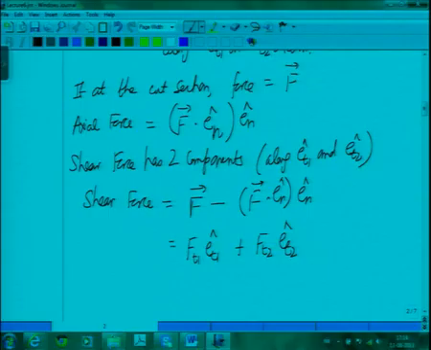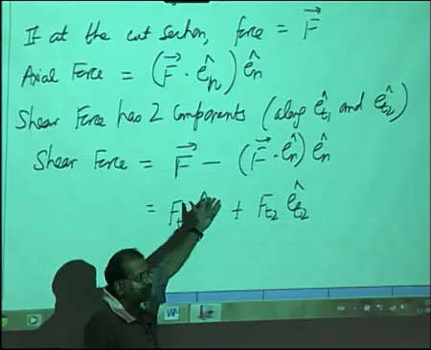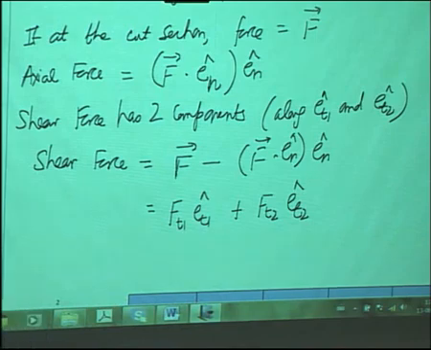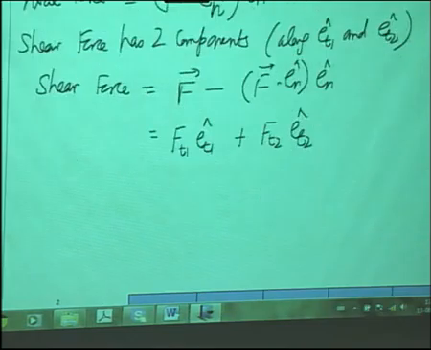And so, if you know a general force F which is there at the cut section, you take its dot product with En and you get the axial force. You take its components along the other two directions, you get the shear force. And if you can't find it, basically you can use this general formula. Okay. Now, similar to this,